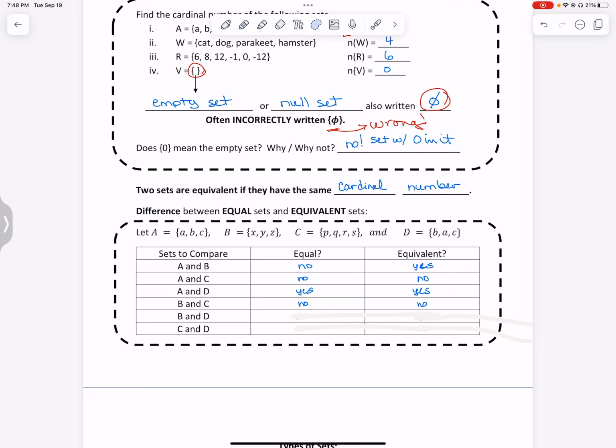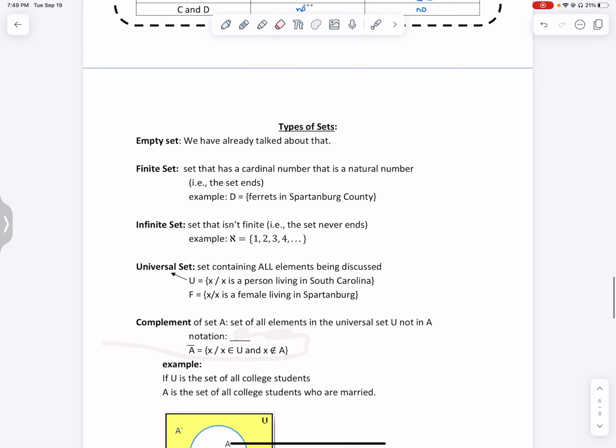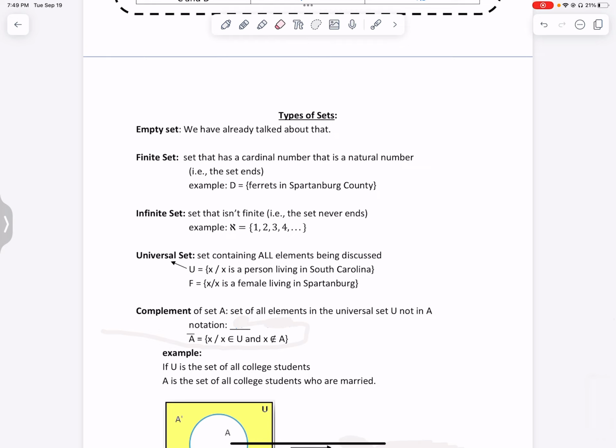B and D. B has 3. D has 3. Notice they're not the same. Excuse me, they're not equal, but they are equivalent. So equal has to have the same exact elements. Equivalent means the cardinal numbers are equal. So C and D, there's C, here's D. They do not have the same elements and they also don't have the same number of elements. So that's the difference between equal and equivalent sets. Okay. Let's take a break and then we'll finish up this